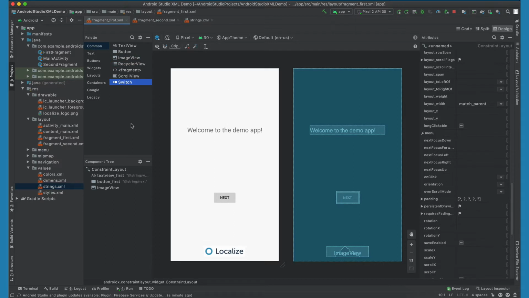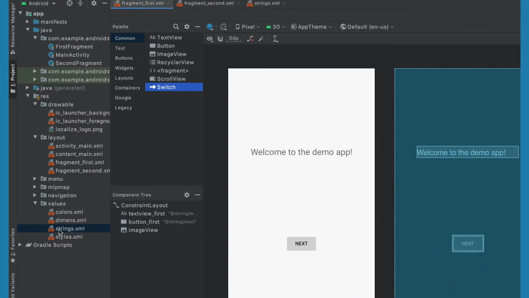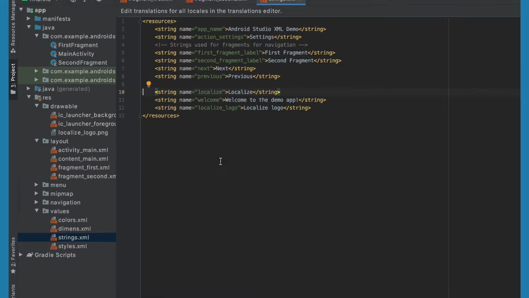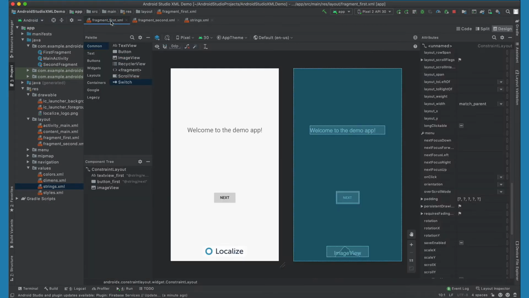In order to localize the text in your project, it can't be hard-coded into your design elements. It must be moved to the strings.xml file in the res folder and given a resource name. The resource name will be used as the key, and the actual text will be the value in the key-value pair. I've already done this in the first page of my app,